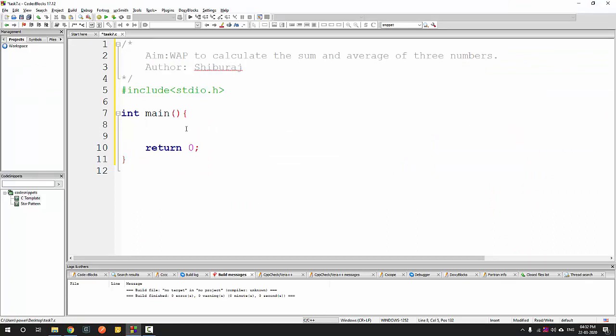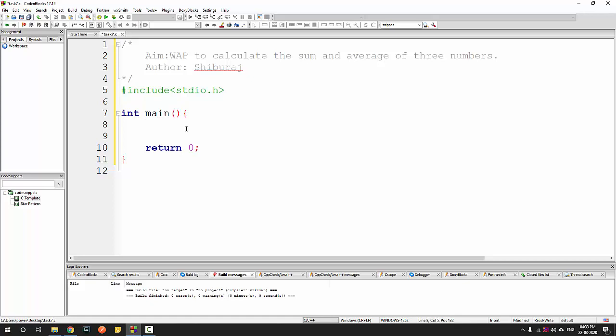Okay, so here now you have to write a program to calculate sum and average, right? So first of all, you have to take three inputs from the user where the numbers will be stored, and then we have to find out the sum of those three numbers and then the average. So basically you need three variables to store the numbers, one variable to store the sum, and one variable to store the average. Okay, so now this can be done using float, or you can do it using integer, and